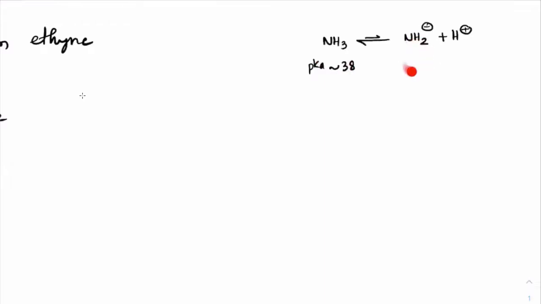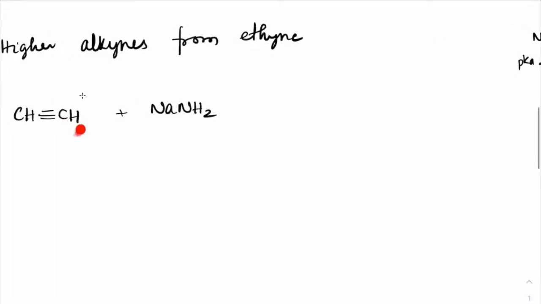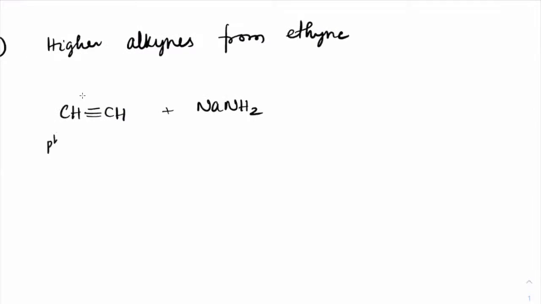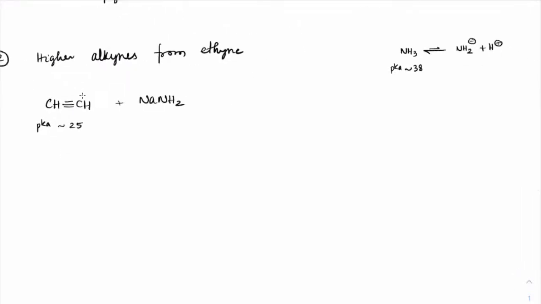So you can see that this is a very, very weak acid giving a very, very strong base. Correct? Since it is a strong base, it can extract H plus from the terminal alkyne very easily, because if you check out the pKa value for the same here, it is around 25. After the reaction, it would become CH triple bond C minus Na plus and NH3, whose pKa value is approximately 38. So where does the reaction proceed more? In the forward direction, which means we will be able to generate this nucleophile when you treat that with NaNH2.